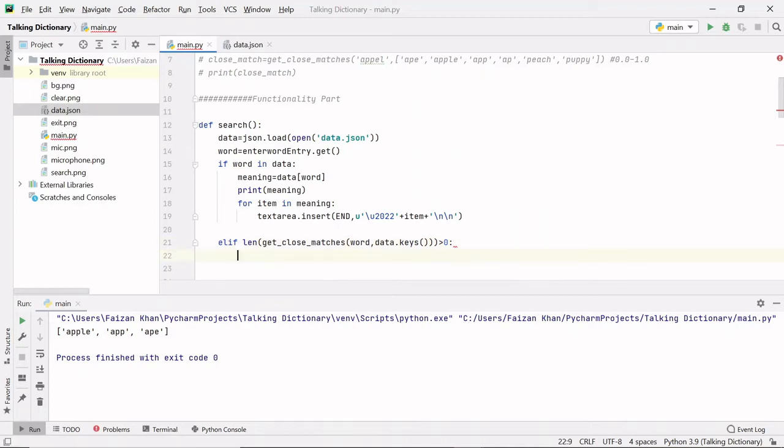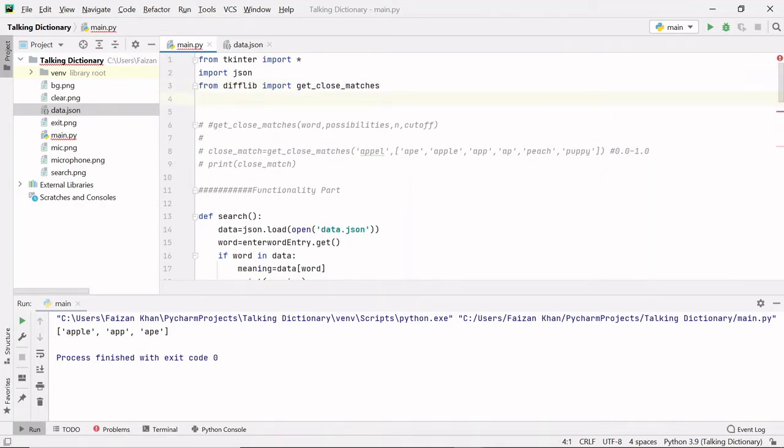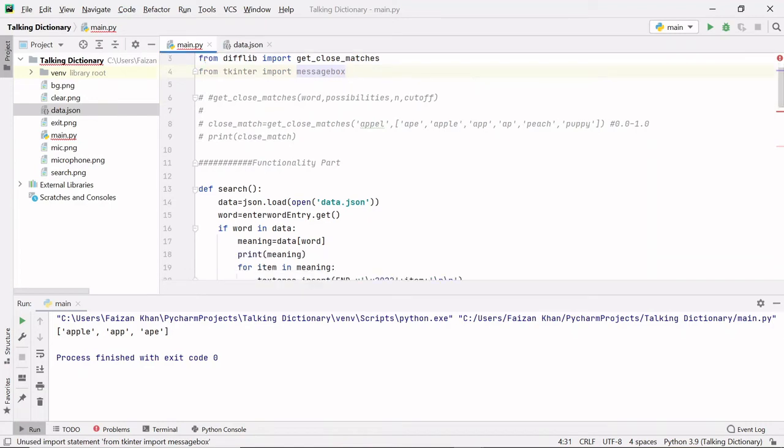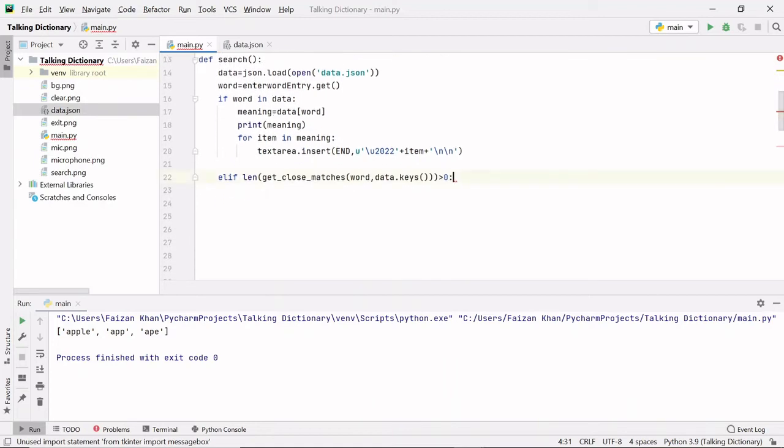In that case we want to display a message box. So for displaying a message box we need to import messagebox. How do we import it? We have to write from tkinter import messagebox. So messagebox is a module, and in this module we have a method known as askyesno, which helps you to display a message box on the screen.